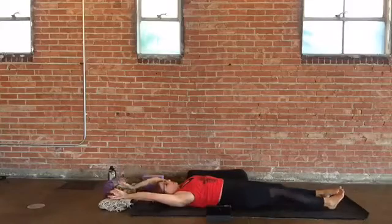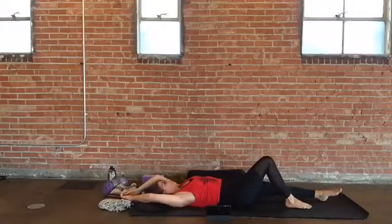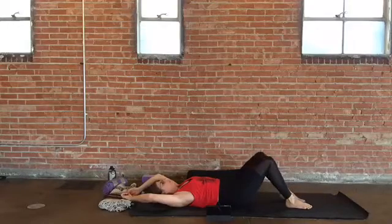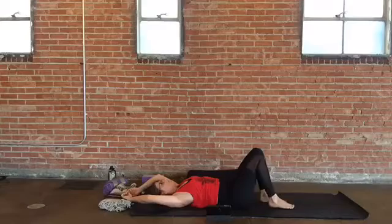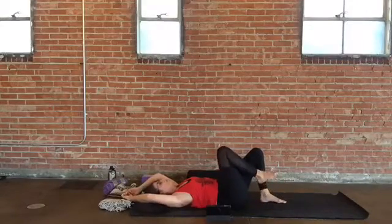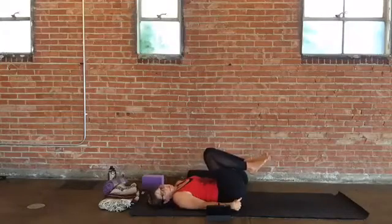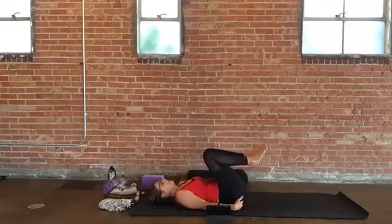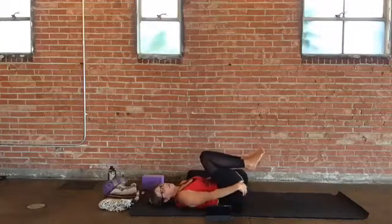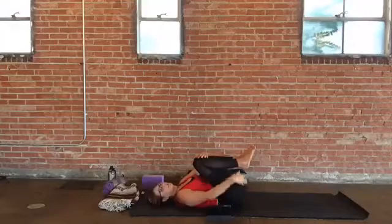And when you feel ready, just start to draw the knees in towards the chest. This can be nice and slow, one at a time. Maybe you bring the knees just bent at first, and then lift the feet up off the ground. And you'll probably notice that you want to tuck up the tailbone, and that just helps to lengthen through the low back. If you want to draw the knees in to get a little more stretch in that low back,